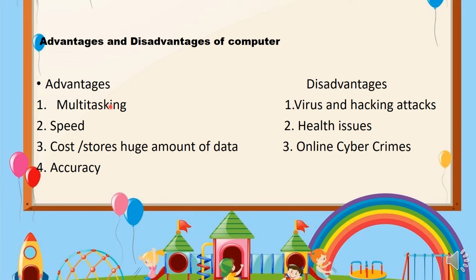Multitasking is one of the major advantages of computer. A person can perform multiple tasks, multiple operations, calculate numerical problems within few seconds. Computer can perform trillions of instructions per second. And it can store huge amount of data. As we know guys, computer is making human life faster because of its incredible speed, accuracy and storage with which humans can save anything and search it out easily when needed.